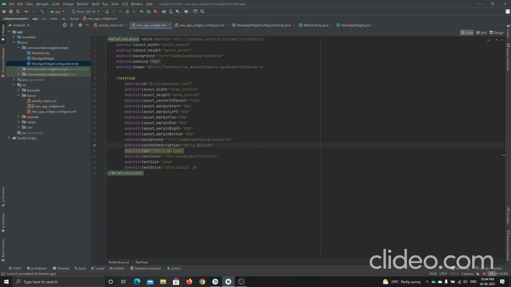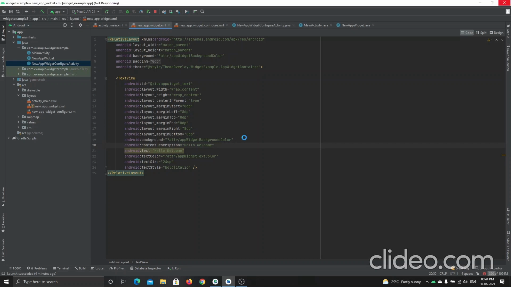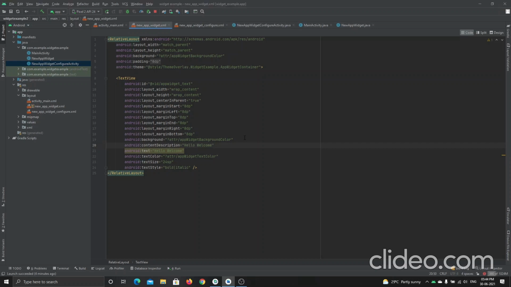Right click on this, show context actions, and let me extract it now.